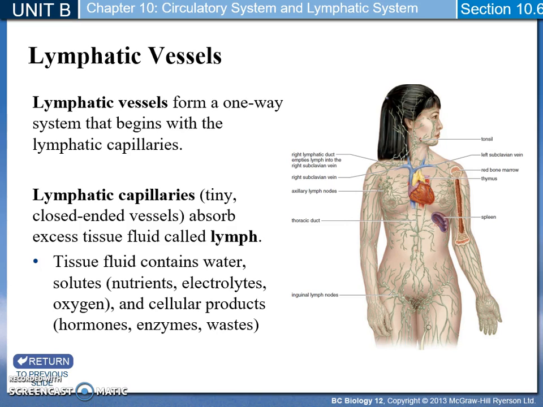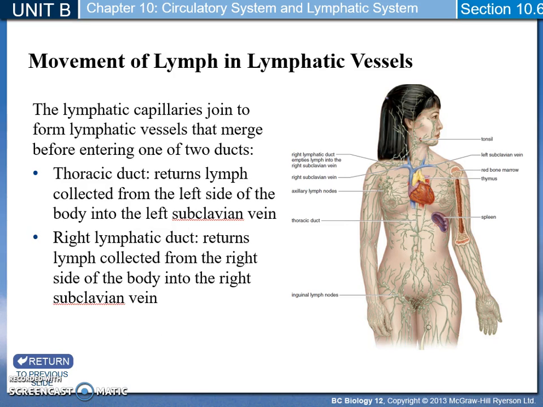So the lymphatic vessels form a one-way system. They begin from a blind-ended vessel, and the materials in there travel only one way. The lymphatic capillaries are tiny closed-ended vessels. They absorb excess tissue fluid called lymph, and the tissue fluid contains water, solutes, and cellular products. The lymphatic capillaries then join to form lymphatic vessels that merge before entering into one of the two